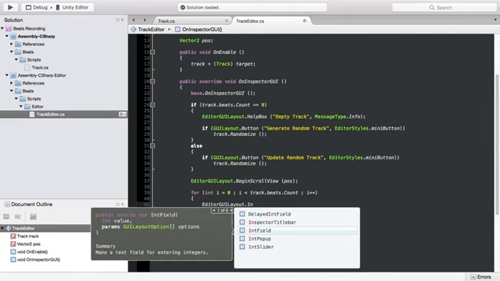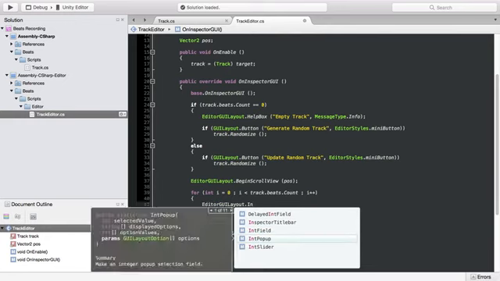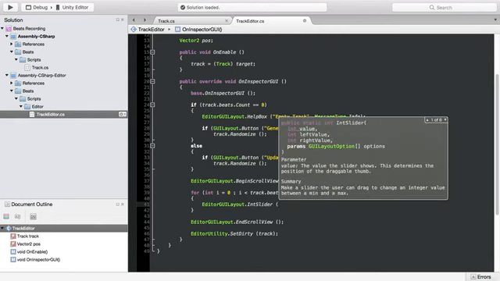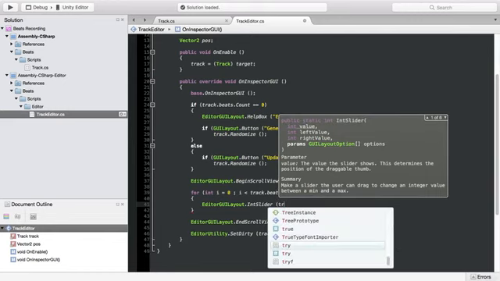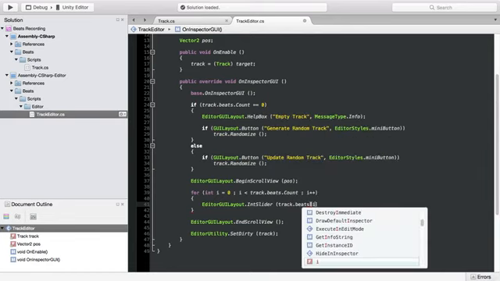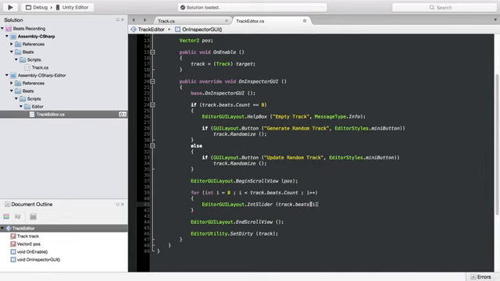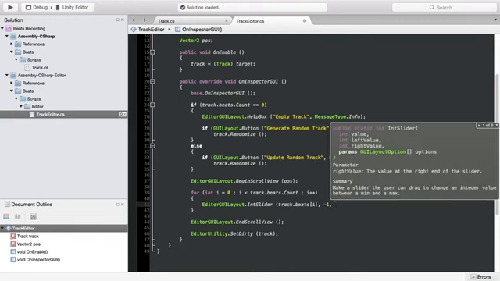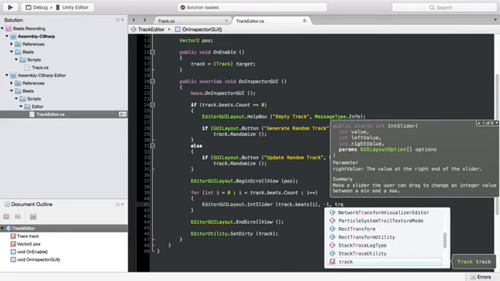So we have different ways to display an integer, such as a field or a popup and so on, but I'm just going to use the integer slider. The integer slider is asking for a value and a minimum and a maximum value. So there I'm going to pass track.beats and then take the current beat information, and then I'll say that the minimum value is -1 and the maximum value is going to be track